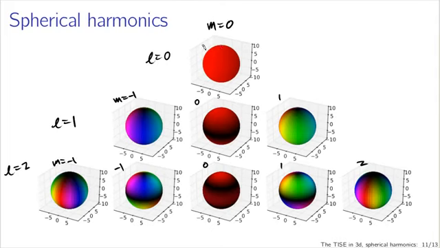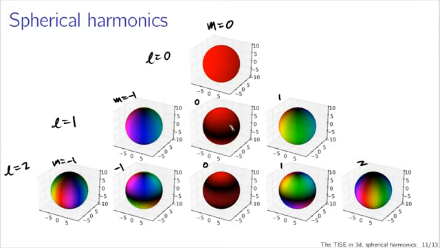For L equals 0 and m equals 0, it's simple. We have no phi dependence and no theta dependence. Everything is just constant. We have a uniform red color everywhere in the sphere. For L equals 1, we start seeing some colors other than red. For m equals 0, L equals 1, we have intense red at the North Pole and at the South Pole, with a black band around the equator, showing you that you have 0 magnitude of the complex spherical harmonic for L sub 1, m equals 0, at theta equals 90 degrees